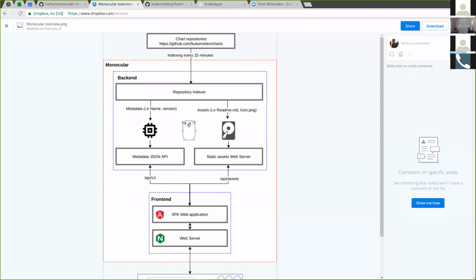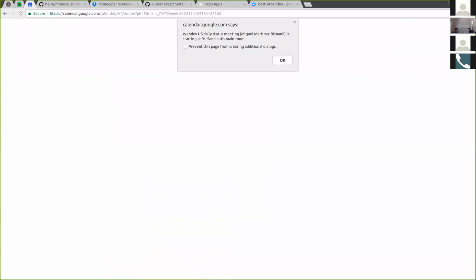Metadata like the name, the version, the description. But there are also some other resources that require a little more effort to extract, like the README file or the icons that we need to process to have the proper